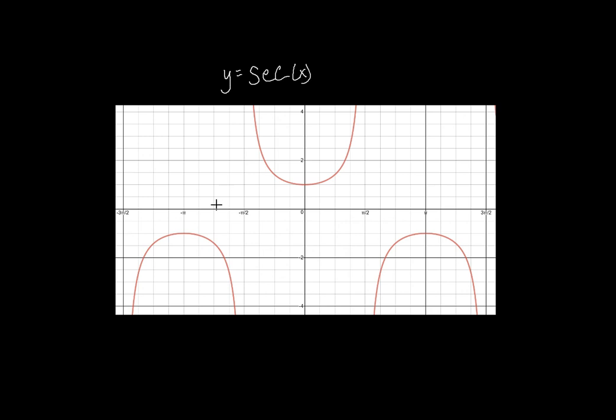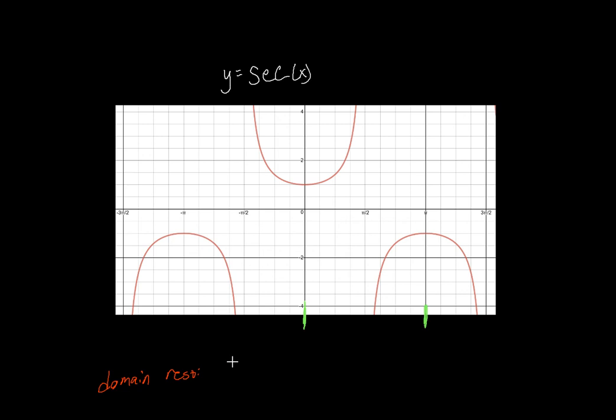Let's take a look at secant. Again, we're going to do that exact same thing with secant. The domain for cosine was from 0 to pi, so we want to try and keep that exact same one for secant, which means that we're going to end up going with a domain